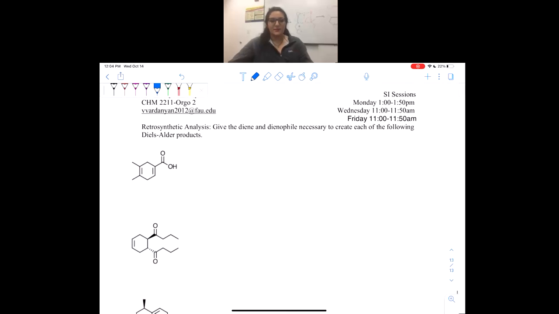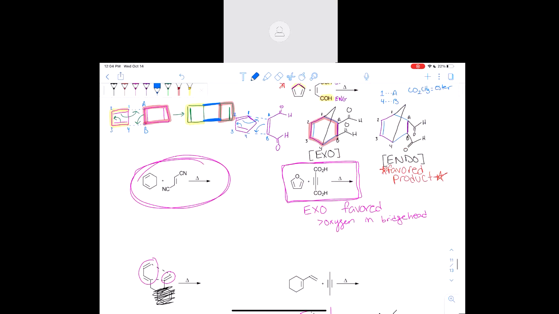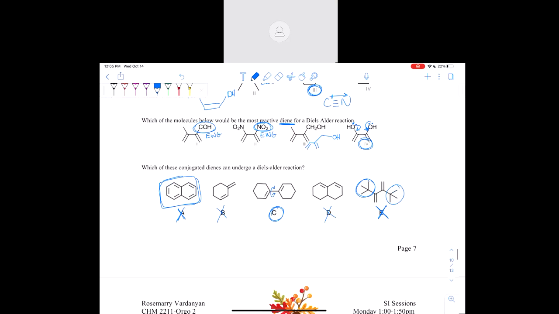The first one can't react because it's a benzene. There are two benzene rings, and those are only substituents. You can think about it that way, yeah. But the better way, I guess, to think about it is just that